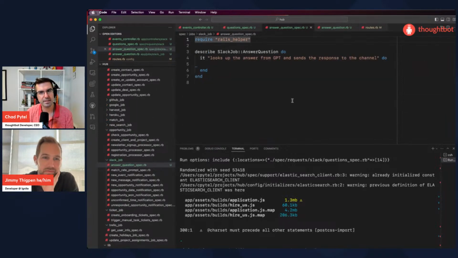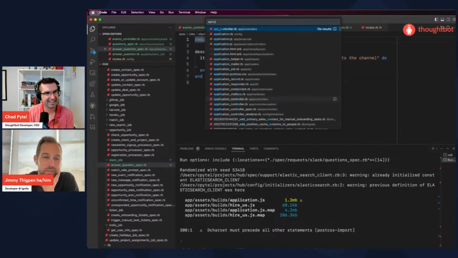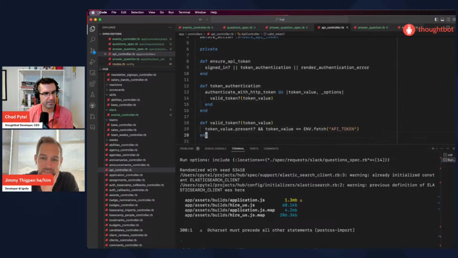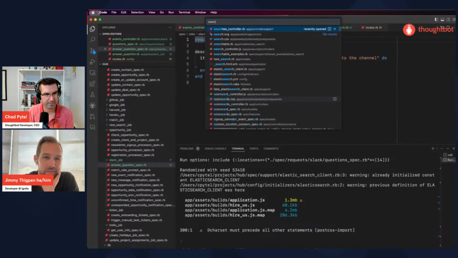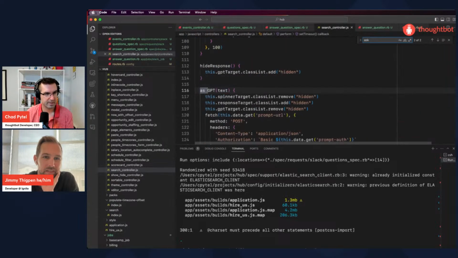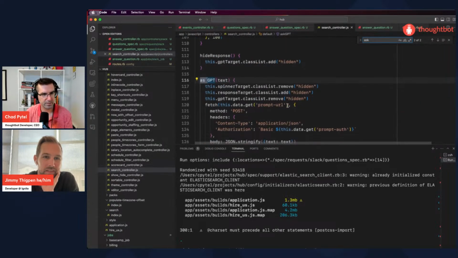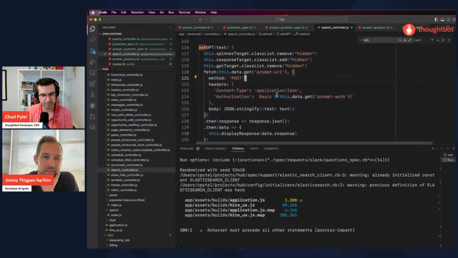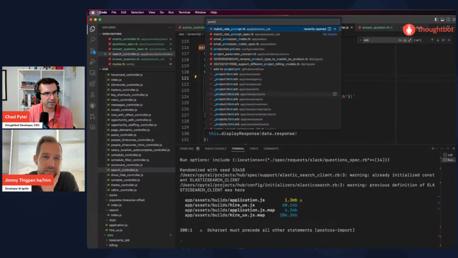Where did I put this? JavaScript, controller, search controller, I promise. I think there's an ask GPT method in there. Yeah, what does it do? It makes a request to the prompt URL. Ooh, did I call it prompt?